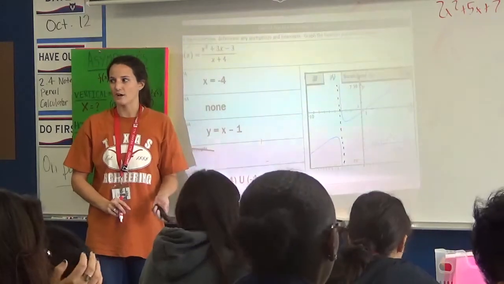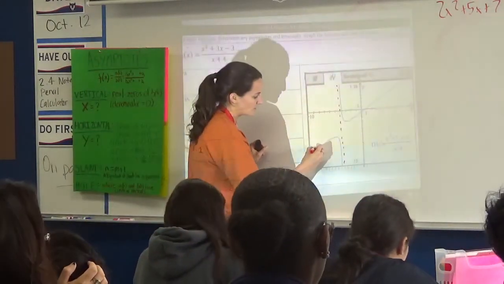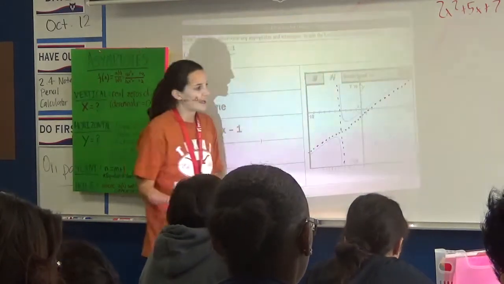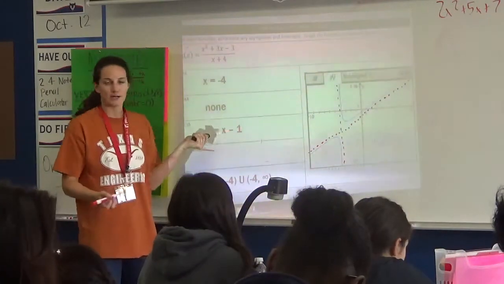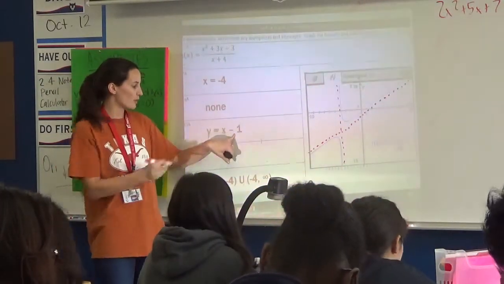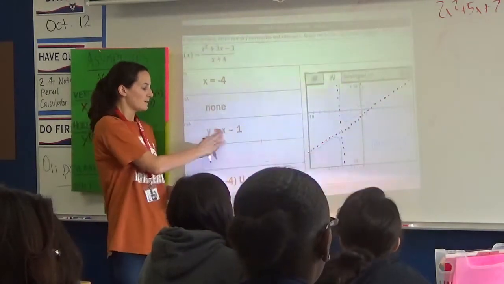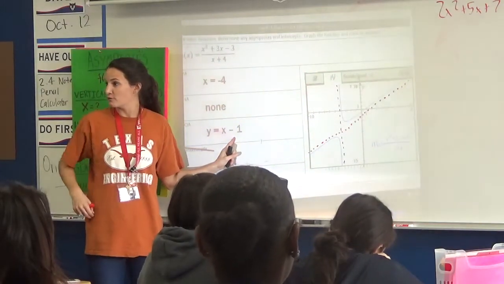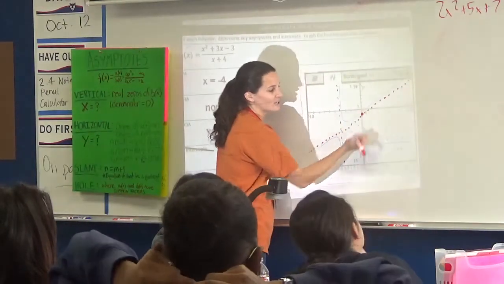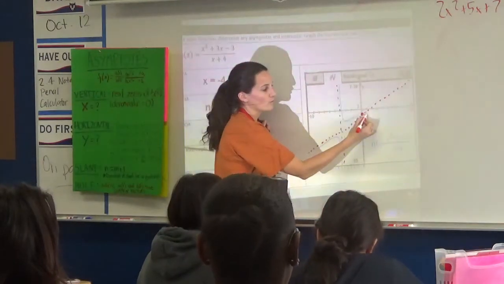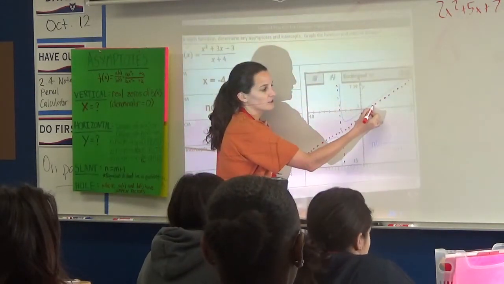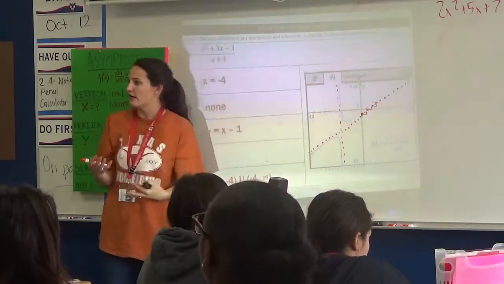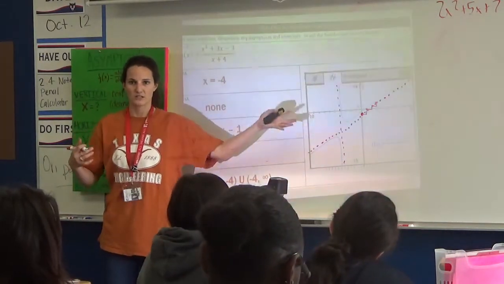Okay, then I know I should have a slant asymptote because I'm looking at my graph and it looks like there's this diagonal line right here. If you think about things you've learned about lines, y equals mx plus b, that means your slope is 1 and your y-intercept should be -1. It makes sense for this line to go through -1 and go over 1, up 1, over 1, up 1. It looks aligned with the line that I had right there. You don't have to check all of that, but it's cool to see that the line we came up with makes sense for the graph we see.